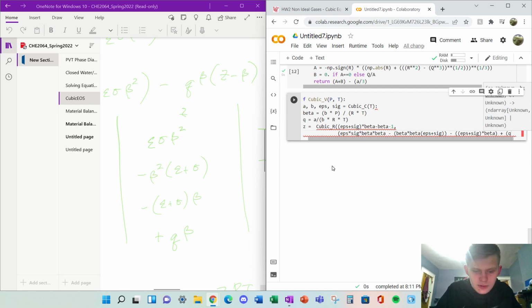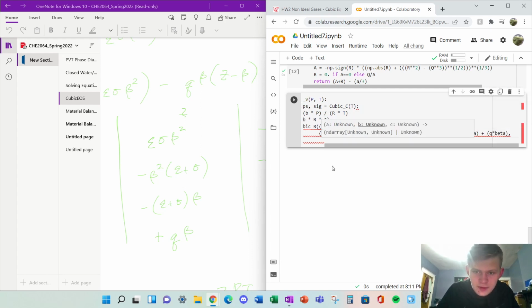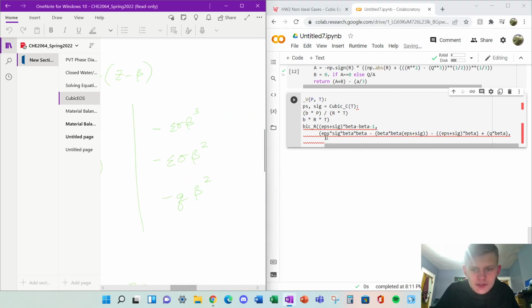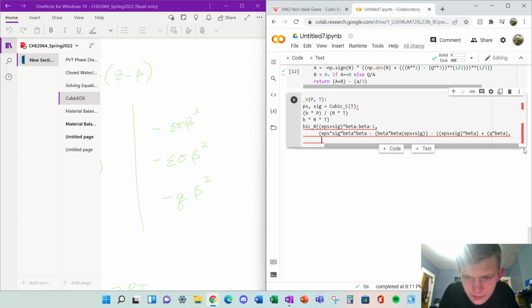And then it will be our Q multiplied by our beta value. Separate that off. And then we're on to our last root, which is just our normal coefficient, our C value. Separate that off,